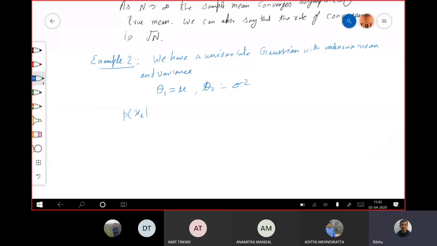1 upon root over 2 pi theta 2, e to the power minus 1 upon 2 theta 2, 1 upon theta 2, xk minus theta 1 square. Fine. And